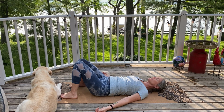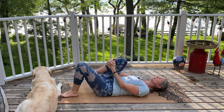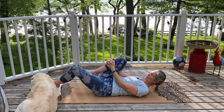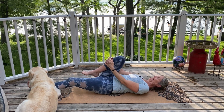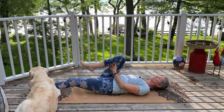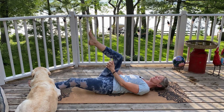And then we're going to get ready to do our right leg. So you can bring your right leg into your body. Left foot can stay on the floor if that's more comfortable for your low back, or you're welcome to extend it if there's not a dog in the way. And I'm going to take my hands to the back of my right thigh to support myself. You can keep your right leg lower, so less sensation there, or you can take the lower leg up towards the sky a little bit,